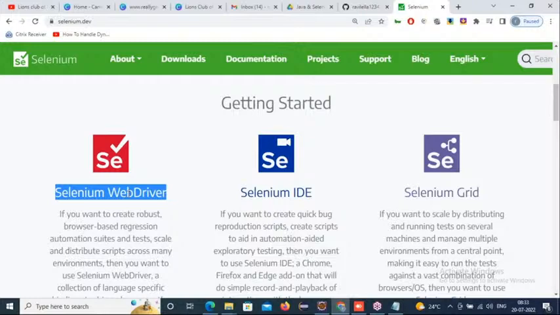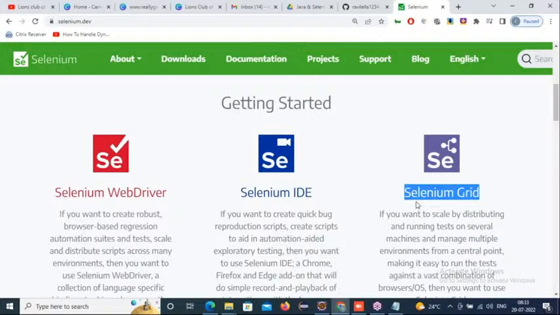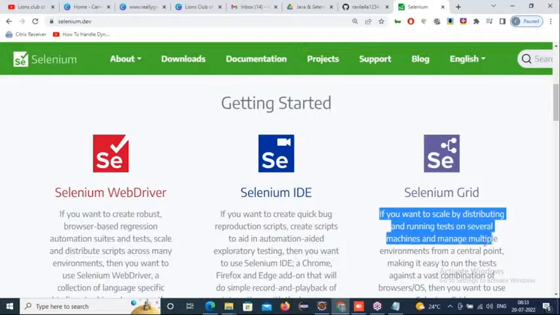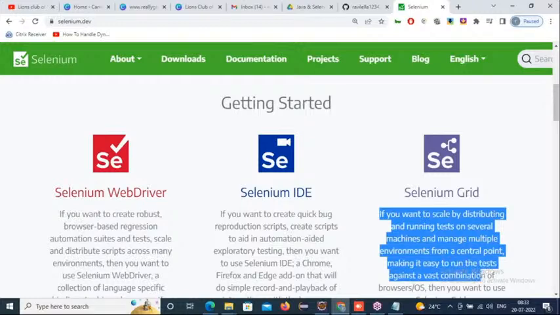How can we execute a single script in multiple platforms, operating systems, and multiple browsers in parallel? With the help of the Selenium Grid component. If you want to scale by distributing and running tests on several machines and manage multiple environments from a central point, making it easy to run the tests against the vast combination of browsers and operating systems, then we have to use